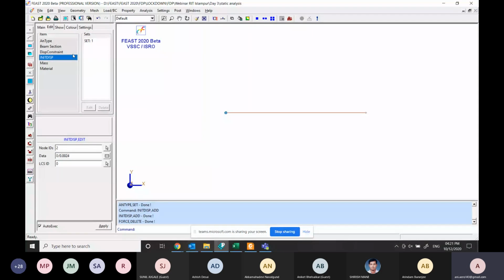So here in transient analysis, basically we have to give the initial displacement as our initial condition. Transient analysis is based on the initial conditions that we are giving to the software. So this initial condition we have got using static analysis. So initial condition is nothing but 0.0024, which is static deflection.